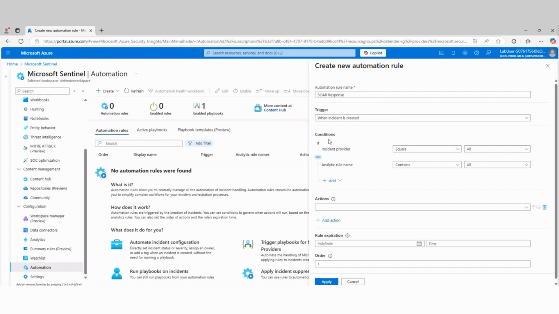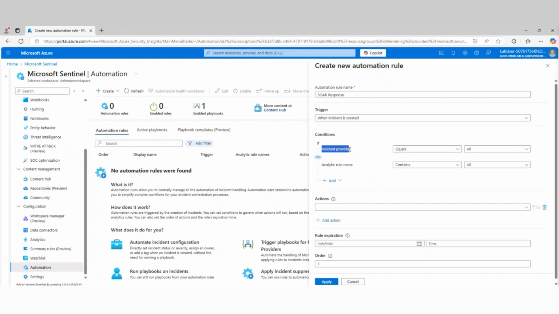So in this case here, this is a workflow, remember. So with an automation rule, something has to occur. So that would be your if. If this occurs, then we do something. So there's a kind of an if-then process that occurs here. So in this case here, what we're going to do is we're going to go in and say when an incident is created. Okay, so in this case here, we're going to leave that the way it is.